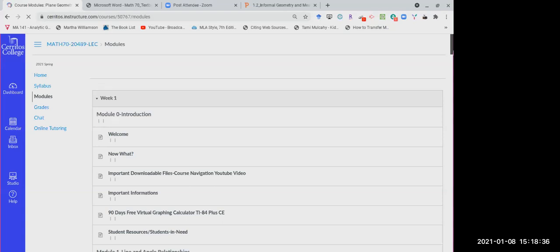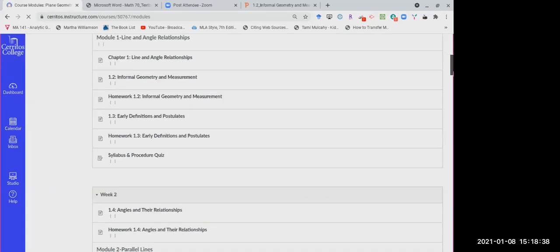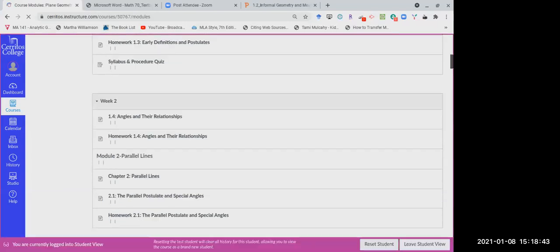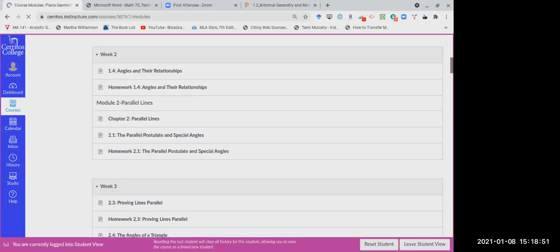So we have modules here. As I said, keep in mind that the only thing that you're submitting this week is the Google form and your syllabus and procedures quiz. And then after that, the due dates will be given for you in modules. They are also on the syllabus if you look there.